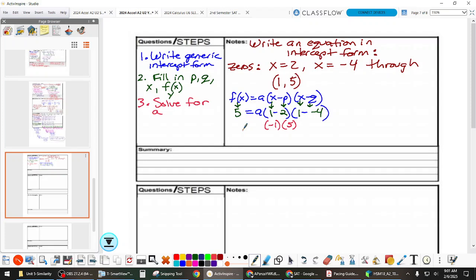Okay, and then A still stays for now, it's just A. And of course our 5 on the other side. Okay, what does this become? -5. So this becomes -5A and 5, so what is A? -1. Okay, and then we're going to just like always, rewrite